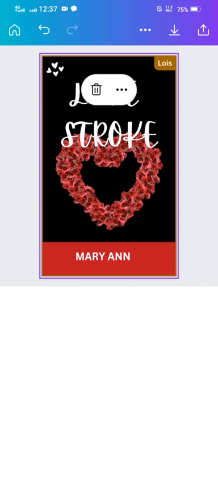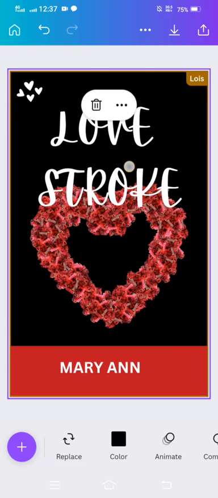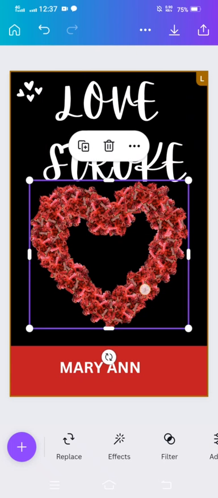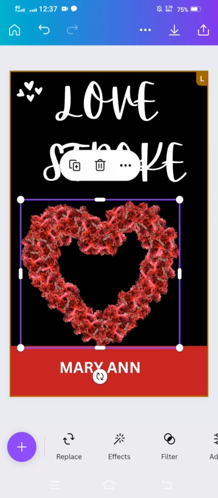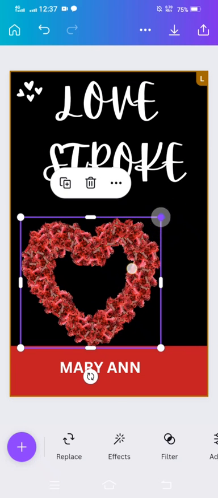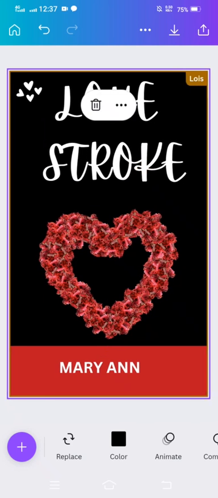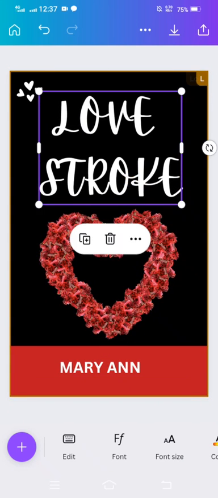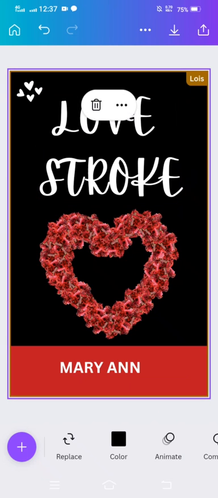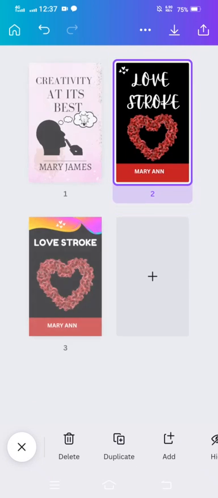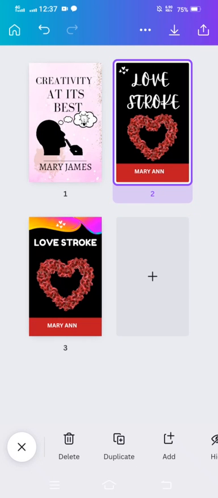So this is it, love stroke. Yeah. You can drag this one down, or you reduce the image size. Then you bring this one down here. So it's as beautiful as that. So this is one here, love stroke. Something someone will see and it will be so beautiful. So it's simple and straightforward. Nothing